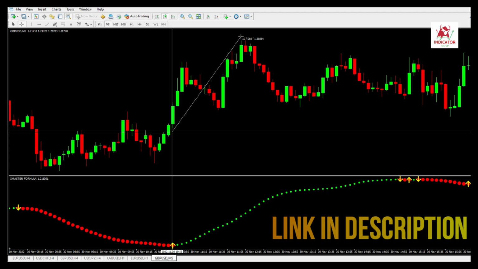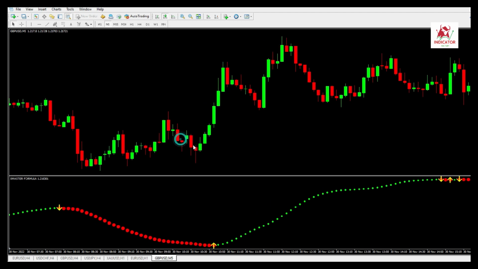While the Xmaster formula Forex indicator can be a useful tool for predicting future price movements, it should not be relied upon exclusively when